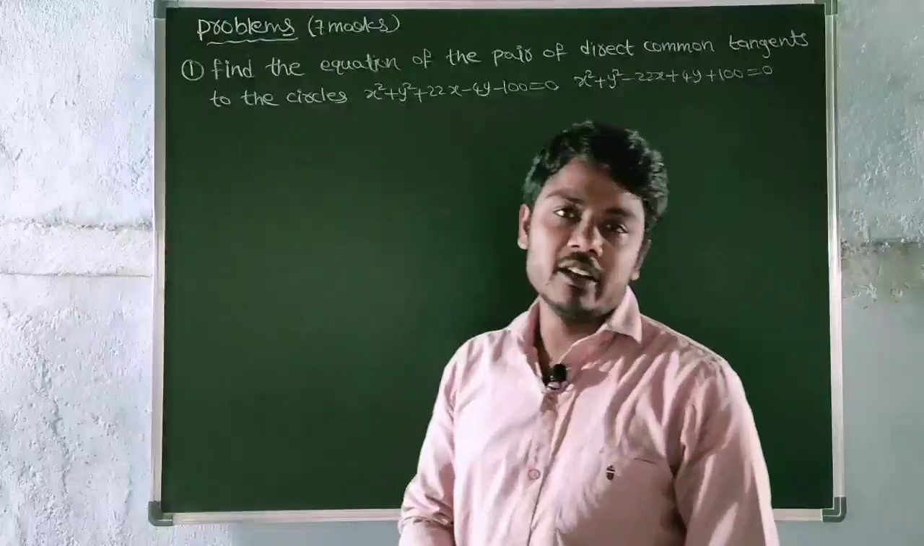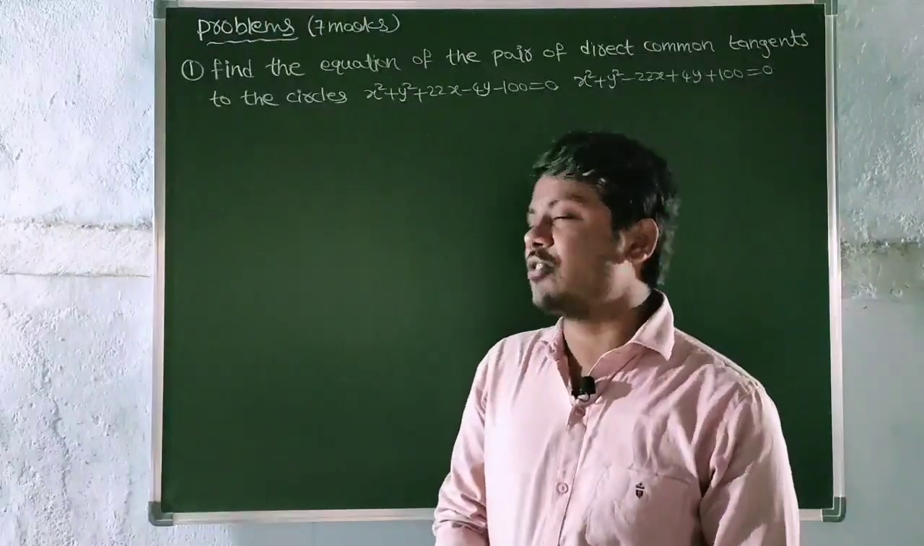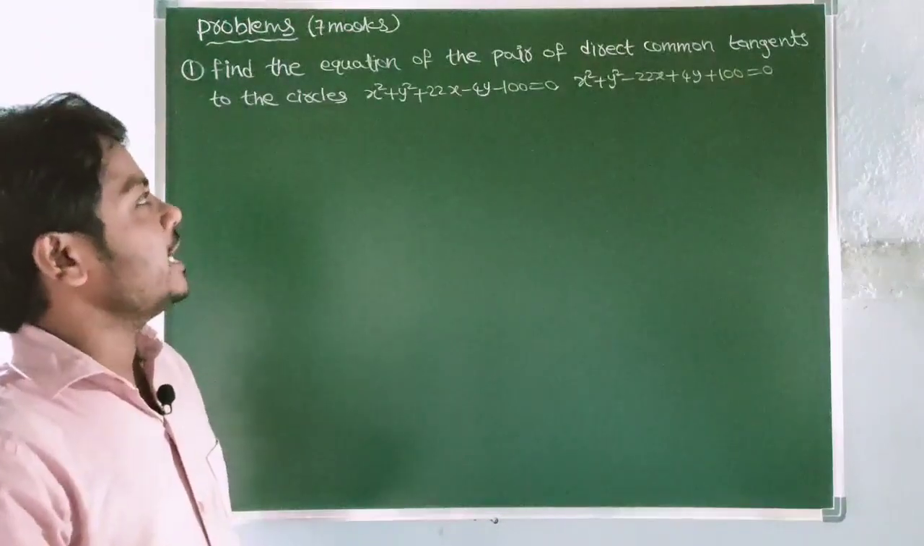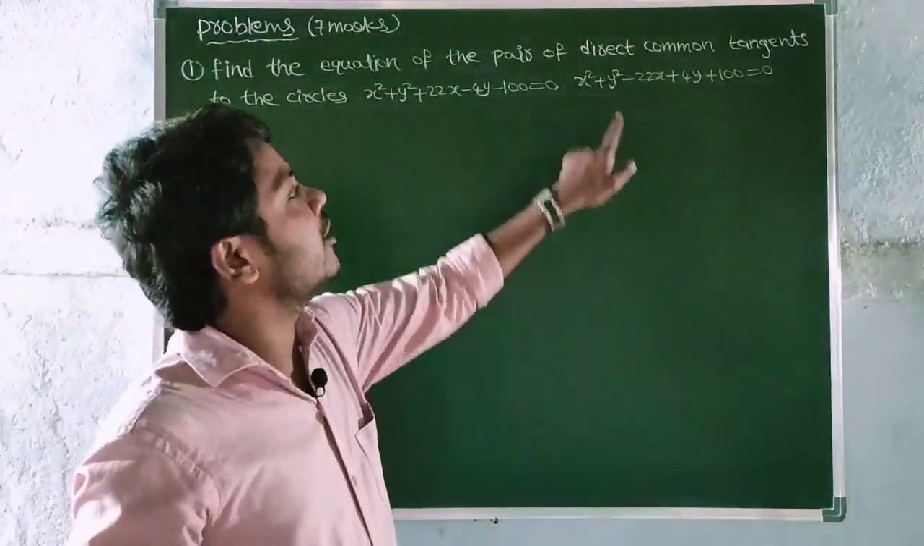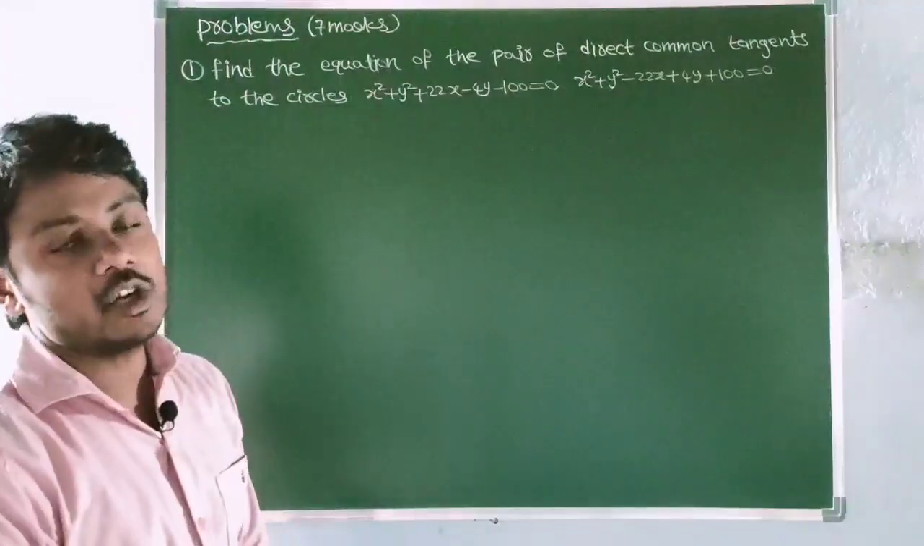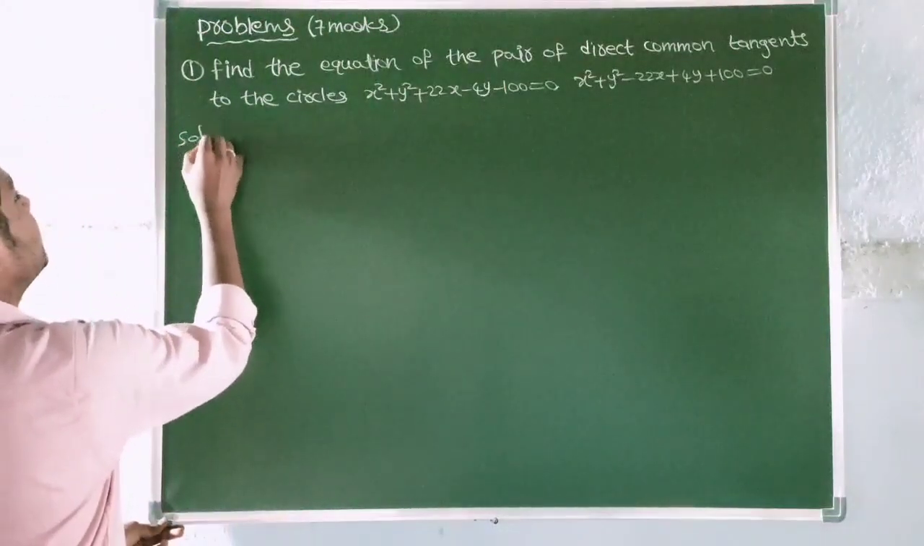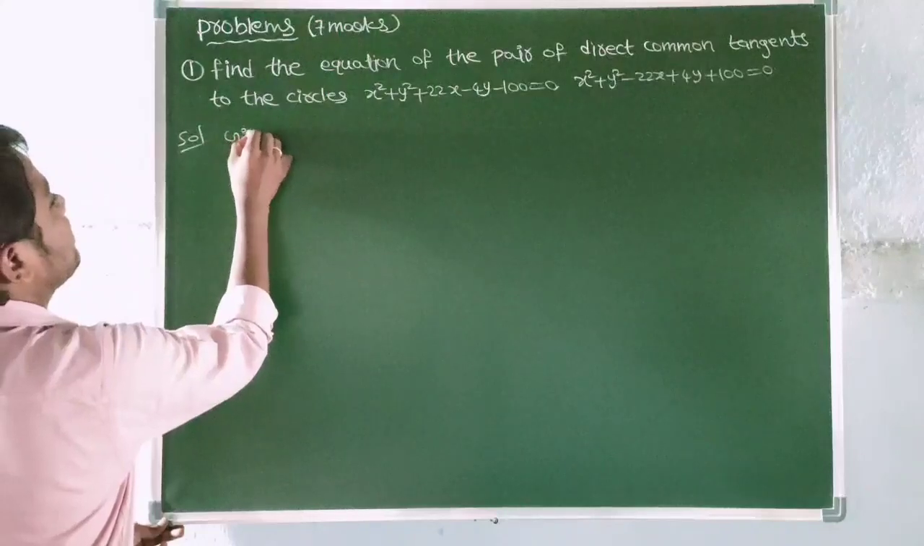Hi, hello everyone. For this session, we will discuss a few problems. So, see the first problem. Find the equation of the pair of direct common tangents to the circles. So, see here, given circles